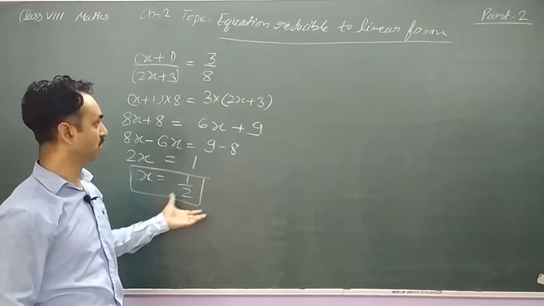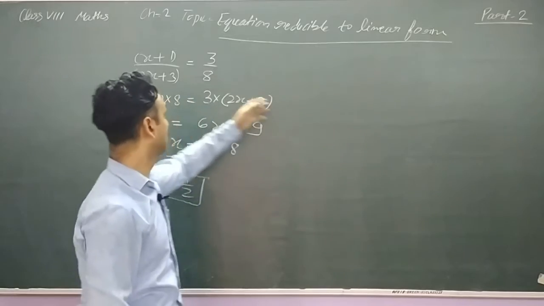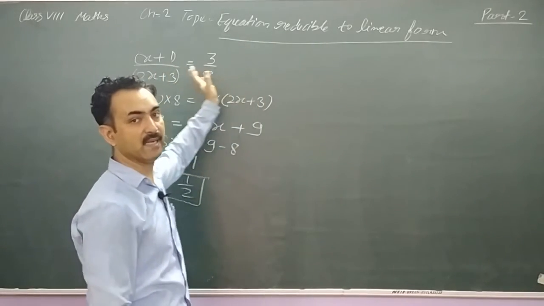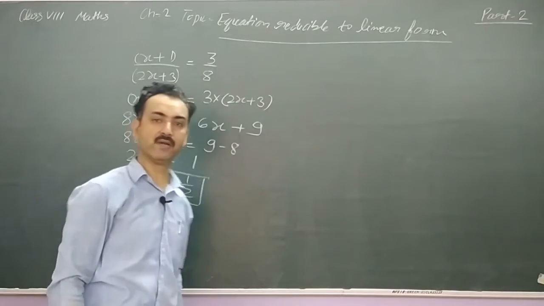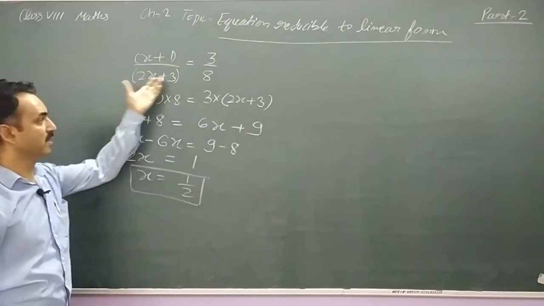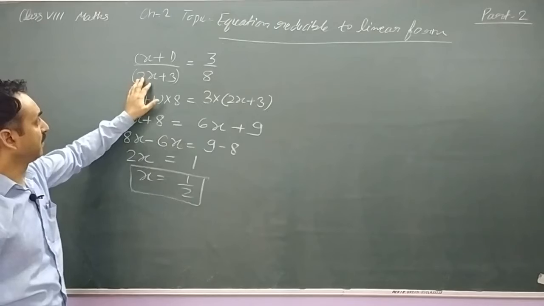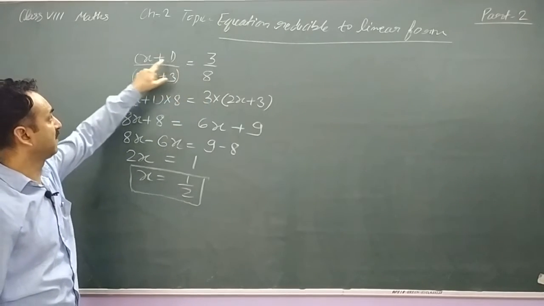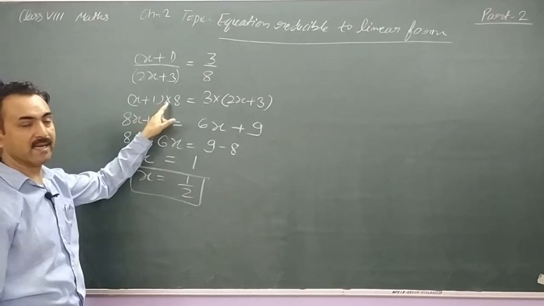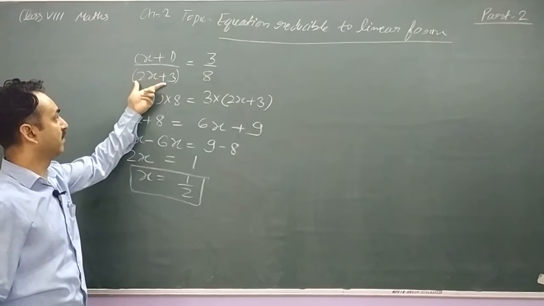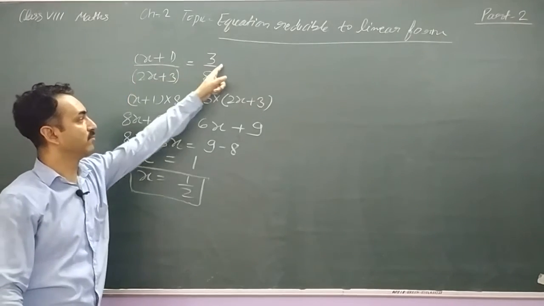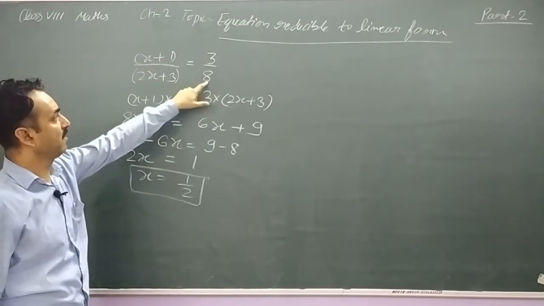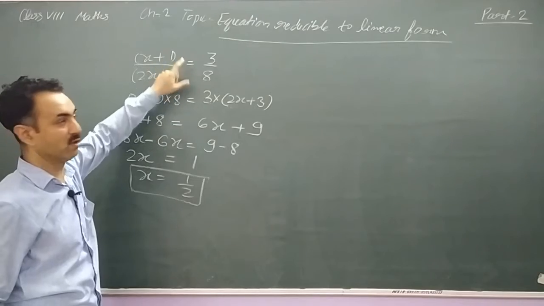So this is the solution, and you can check the solution by putting the value in the question. And if you get LHS equal to RHS, then our answer is right. So what do you understand in this question? We multiply here, what is dividend here in the divide form, 8, it will go here in the LHS side in multiply form. And whatever here is in division form, it will come here in multiply form. So actually we multiply in a cross form.